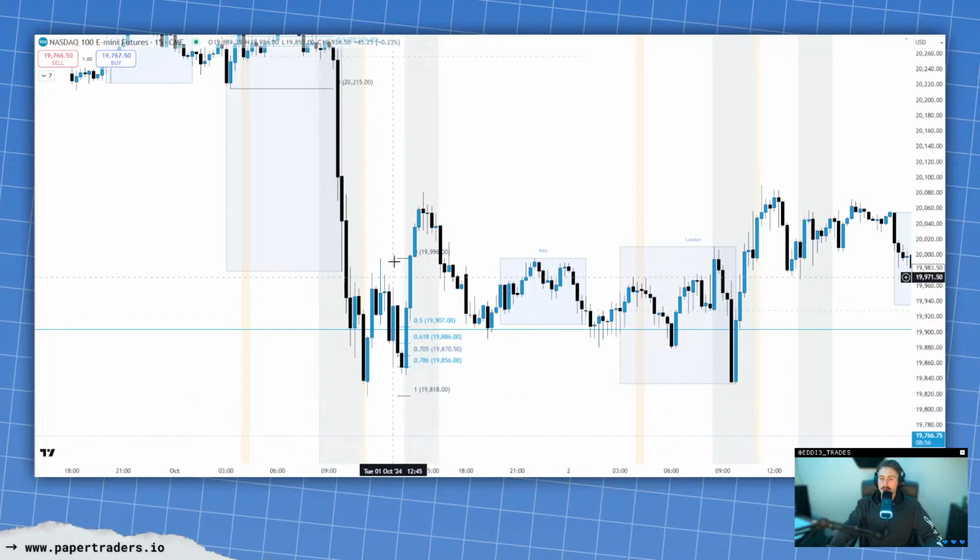So right here, we had this range, right? We took these levels, we displaced up, and now we're looking for a retracement back down, right? Because markets, what do we always say? Let's look back at our cheat sheet over here. We go from consolidation to expansion to retracement, or we can go from consolidation to expansion and then to reversal, right? So over here, sure, we had a little consolidation, expansion, reversal,